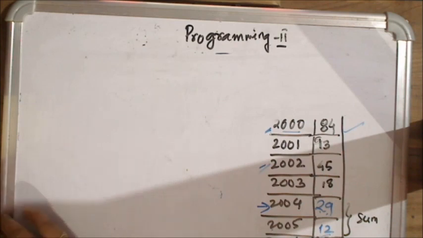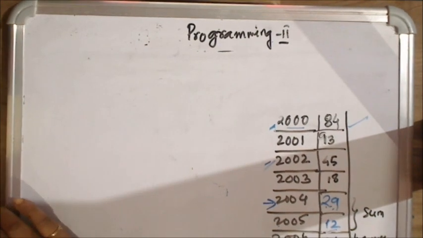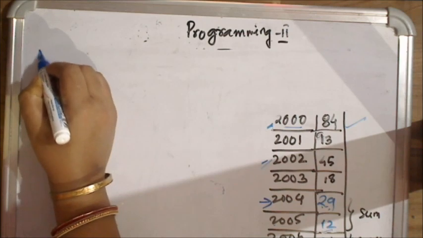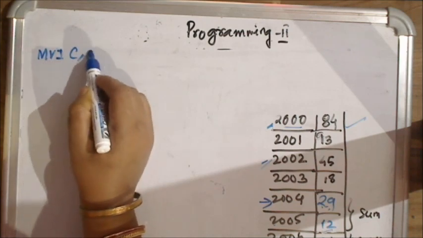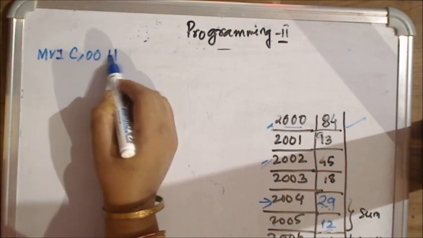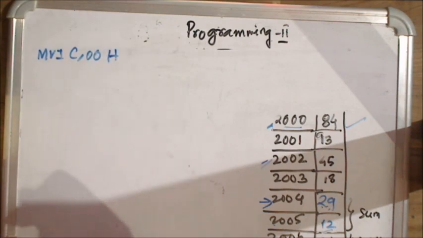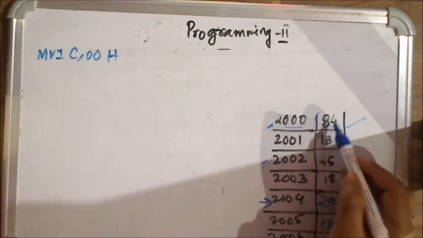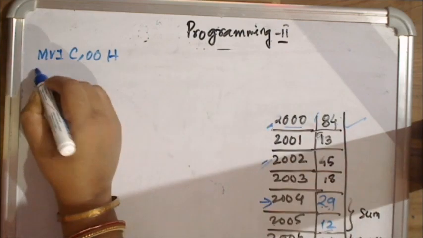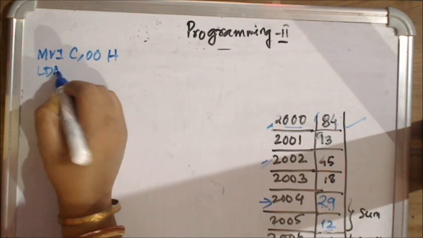So let's write the program. First initialize the carry register with 00. MVI C, 00H. Clear? Then what will we do? We will load the lower byte of the first number into A. How? LDA